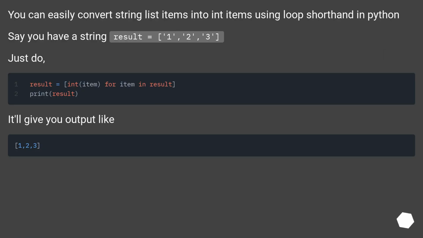You can easily convert string list items into int items using loop shorthand in Python. Say you have a string result equals 1, 2, 3. Just do. It'll give you output like